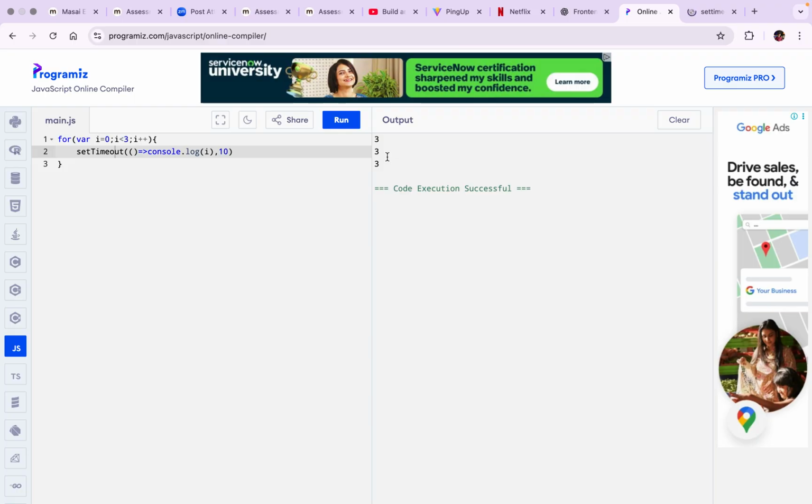And if you are going to use let in this, then it will create a new binding in every iteration. So this is the difference.